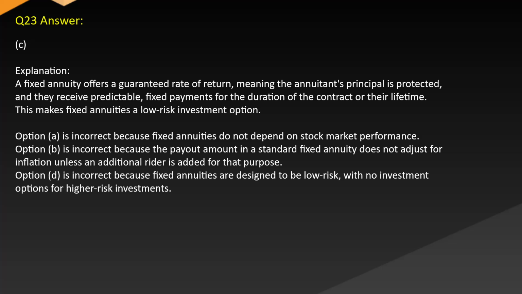Option A is incorrect because fixed annuities do not depend on stock market performance. Option B is incorrect because the payout amount in a standard fixed annuity does not adjust for inflation unless an additional rider is added for that purpose. Option D is incorrect because fixed annuities are designed to be low risk with no investment options for high risk